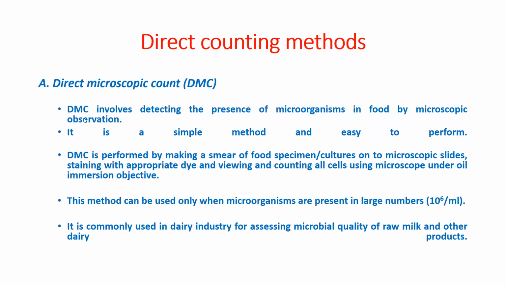Direct microscopic count involves detecting the presence of microorganisms in food by microscopic observation. It is a very simple method and easy to perform. How can we do it? We make a smear of the food specimen or culture on microscope slides, and then stain it with the appropriate dye. If we use the stain, the bacterial cells retain some color. We place the slide under the microscope, viewing and counting all the stained bacterial cells